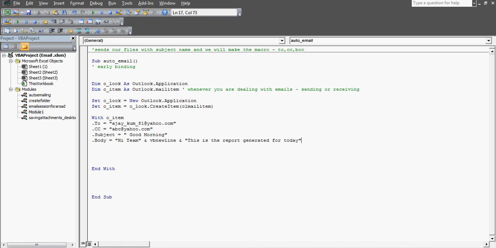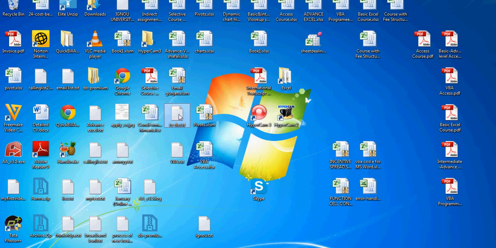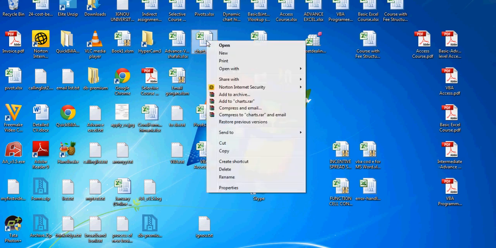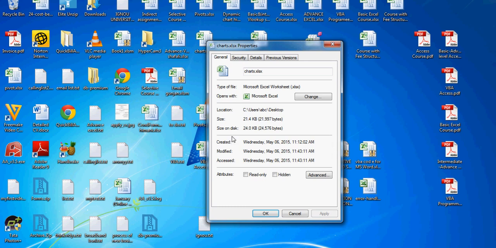And what else you can do? You can even add the attachment, right? Attachments dot Add. What you're going to add, you put in the source. So let me just check, let me maybe add this course VBA program. Yeah, you might not be able to see my complete screen, so let me click on this chart and go to the property, copy the entire path, and now press OK. You need to paste this here,